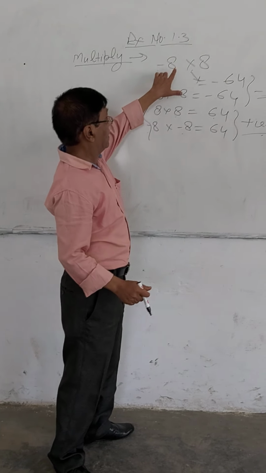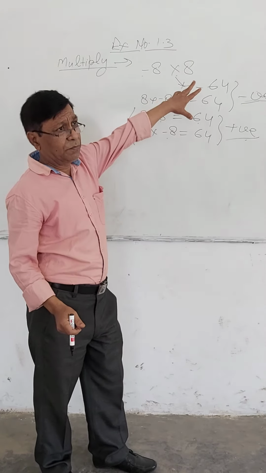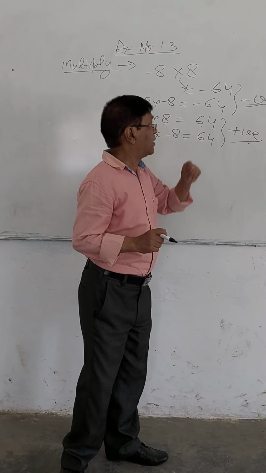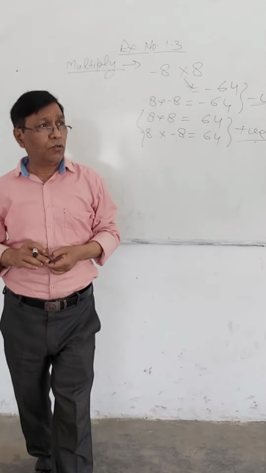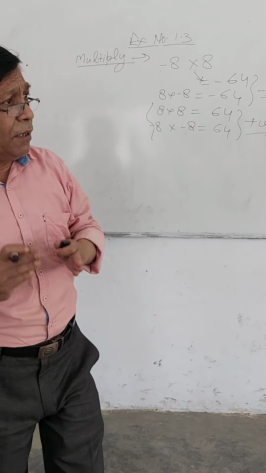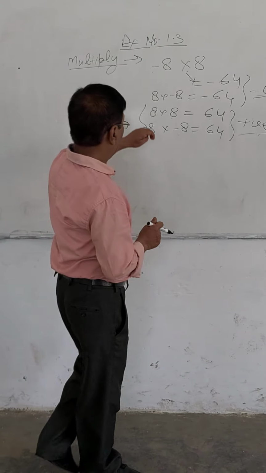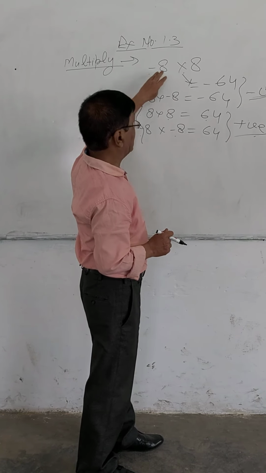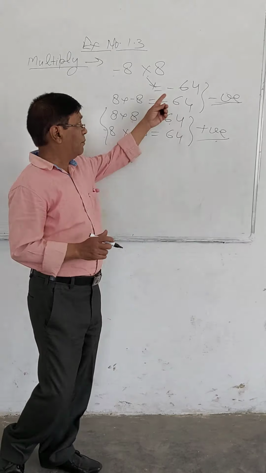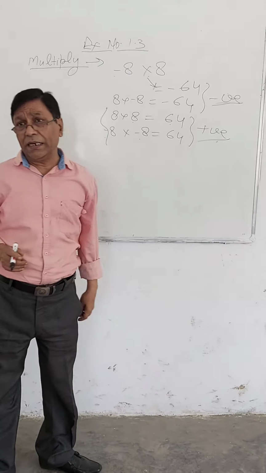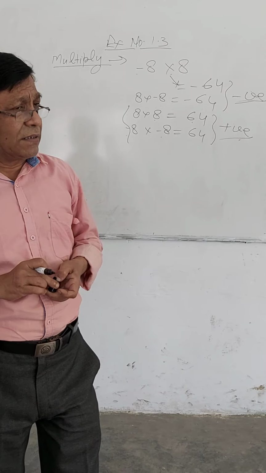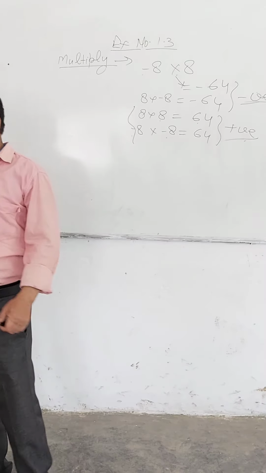And if one number is negative and one number is positive, our signs are different, so it will always be negative. So the product of numbers with the same sign will always be positive, and the product of numbers with different signs will always be negative. So this only you keep in mind, and the remaining is the same as you do in multiplication.